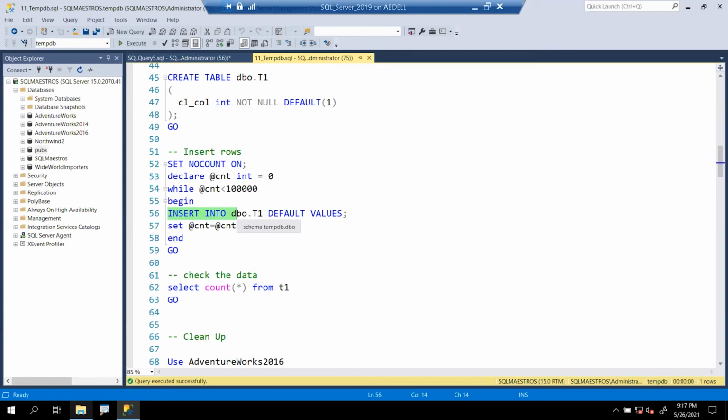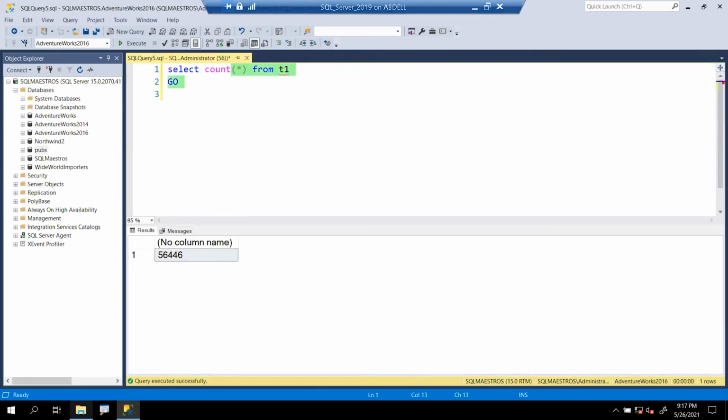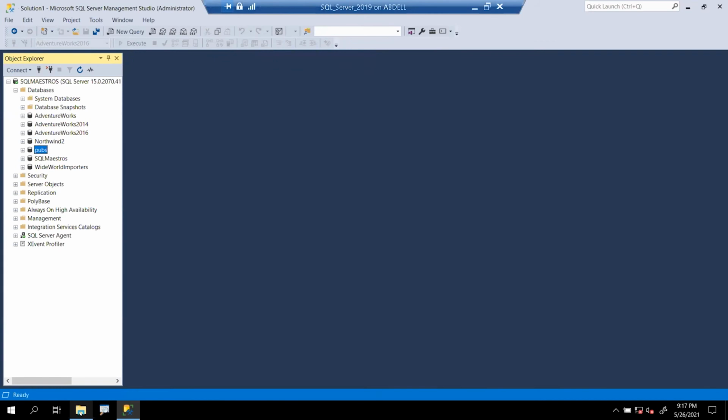This is about minimal logging and how certain CRUD operations can go better. I have also blogged about this. While I'm answering questions at the end of the session, I will pick up the blog URL and share it with all of you so that you can read more about this stuff. Okay, friends, so let's close this TempDB and move on to the last demo,